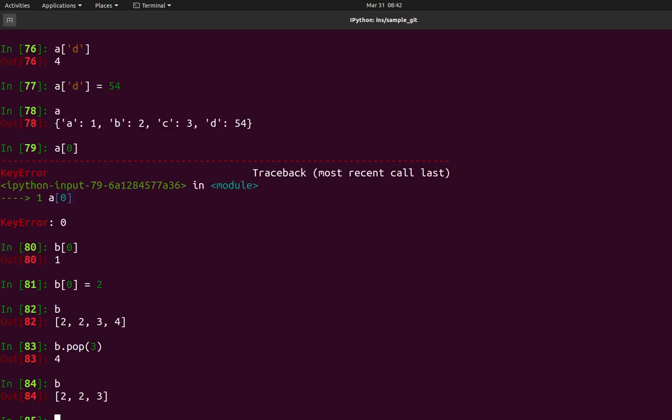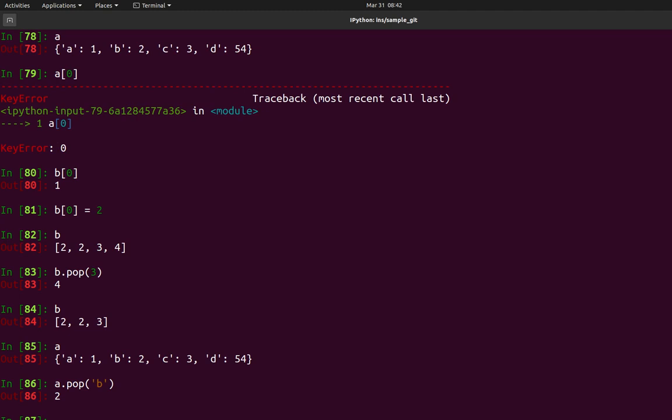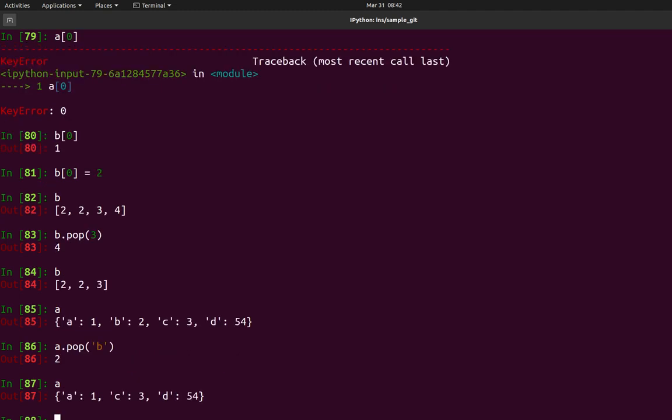If you check B, that particular value is gone. Similarly for the dictionary, A dot pop, you can give any key. Let's say I give B. The B value got removed, and if you check A, B has been removed. So you can use pop similar to lists.